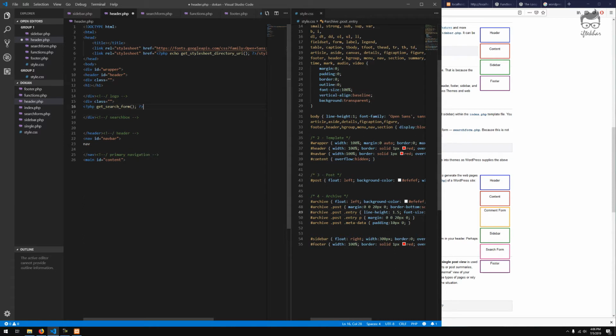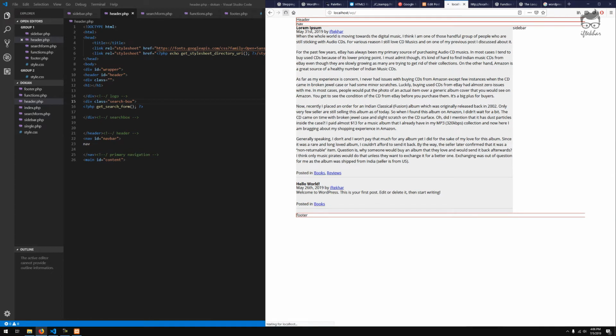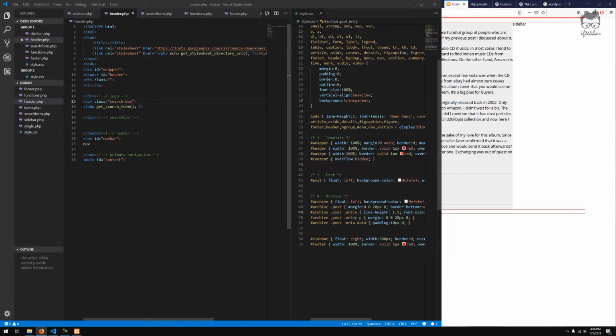That's our get search form. Let's refresh this page. Nothing shows up. On the h1 tag over here, it's supposed to be logo, and within the header section,